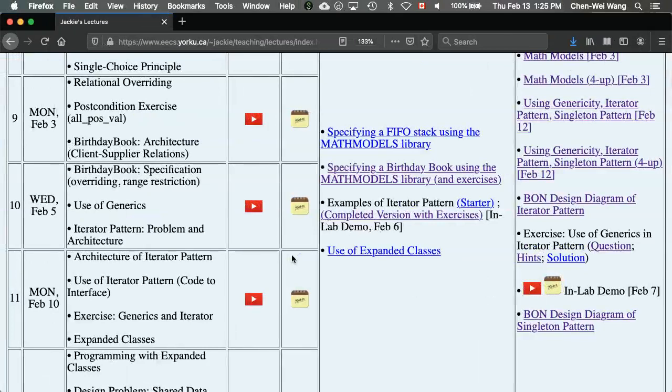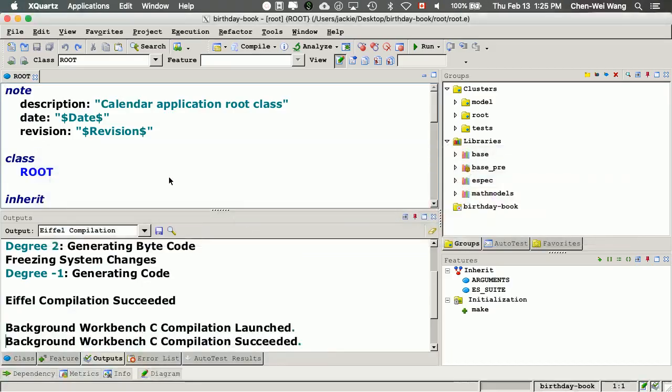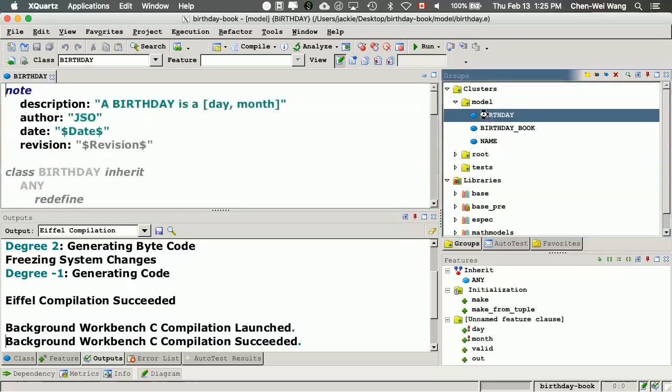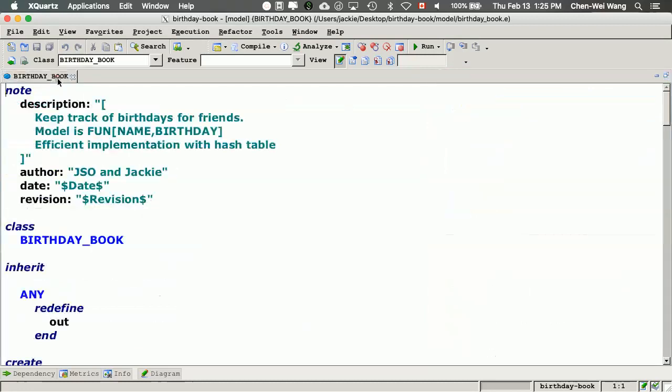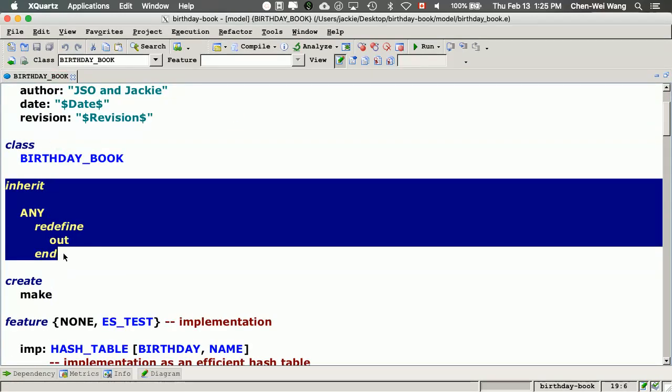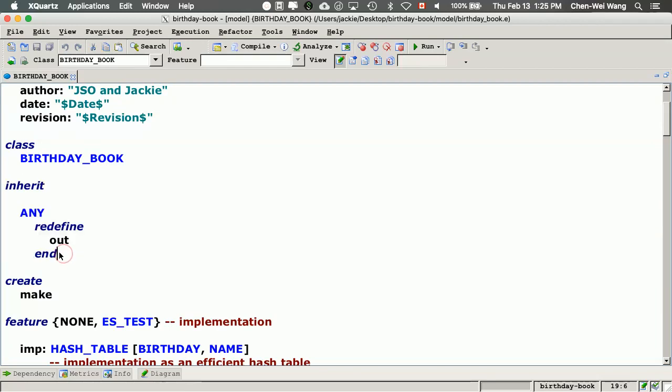Everything should compile to begin with. Let me go to my EiffelStudio, and it is already compiled. What we want to do is go under the model cluster and go to the birthday book class over here. You can see currently we simply inherit from ANY and redefine the out, like a toString, method for the output. Now what we want to do is add another parent class for this birthday book,